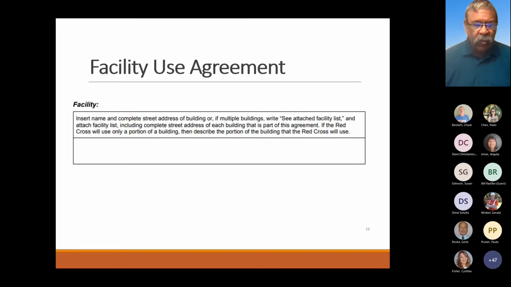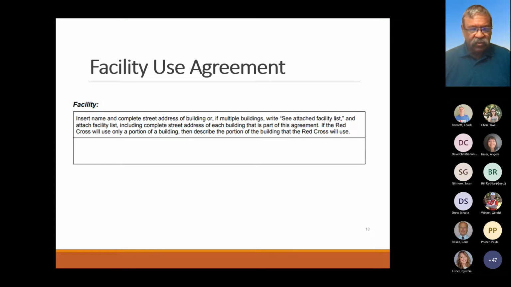So you want to put in all the specific areas that Red Cross is responsible for in this box area, which is on the bottom of that very first page. So you may have a number of different sites. This agreement covers all four of those school sites,